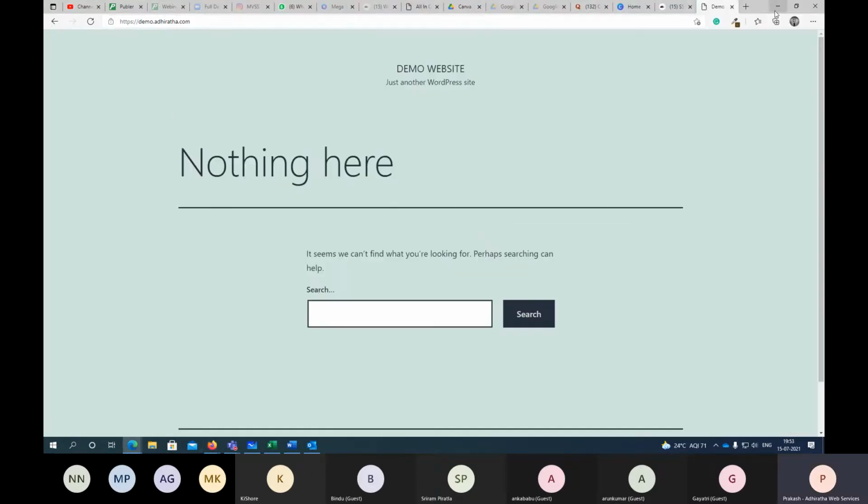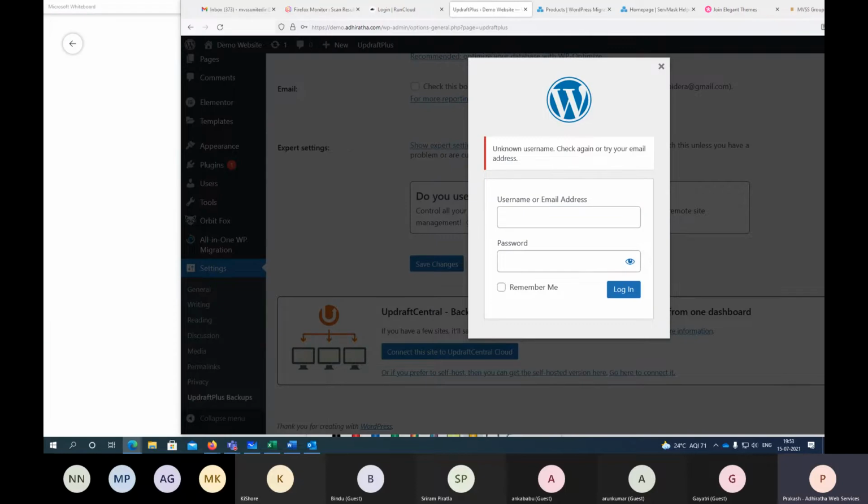Okay, there's an SSL error. One second. Sir, this morning I faced the same problem. Same problem. That is SSL, like we are not using a paid SSL or something.